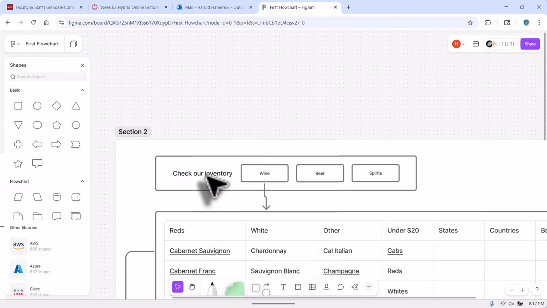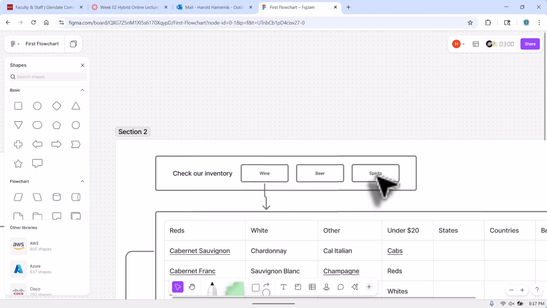And right here, this is kind of where I'm starting to think a little bit now of my actual workflow. So I'm thinking that it's going to have some kind of banner that is check our inventory. At this point, remember, this particular client does not have e-commerce capabilities. So they're just pulling in and having customers check the inventory that's available and calling in. So that's going to have a check out our inventory, some type of graphic or banner with three options there,